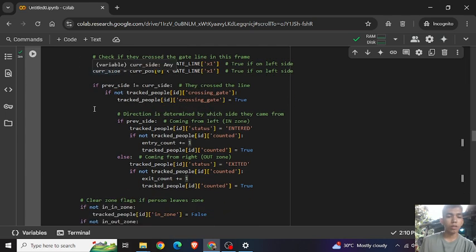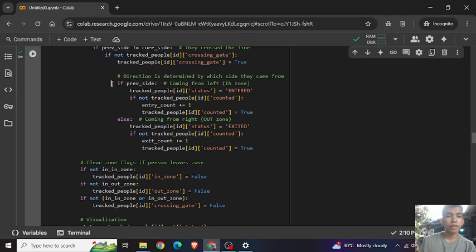Then check if the person switched from left to right or vice versa.